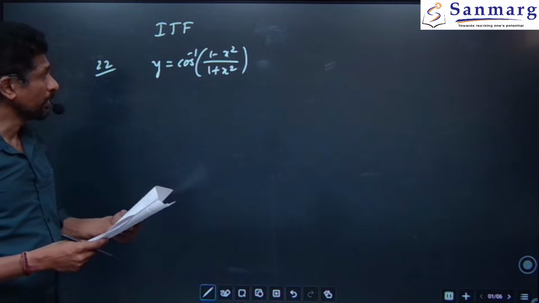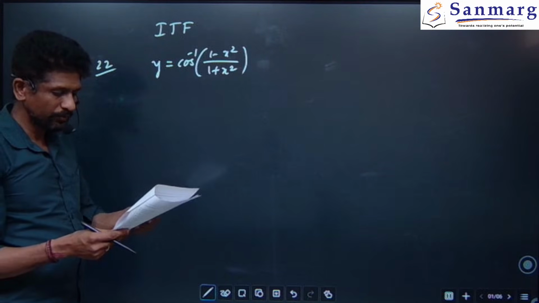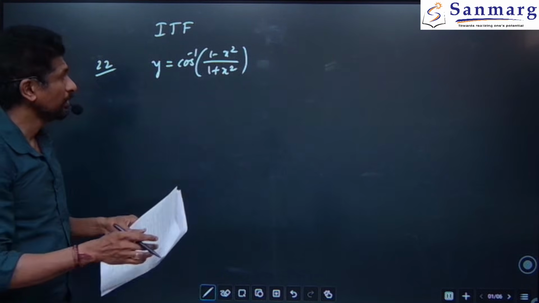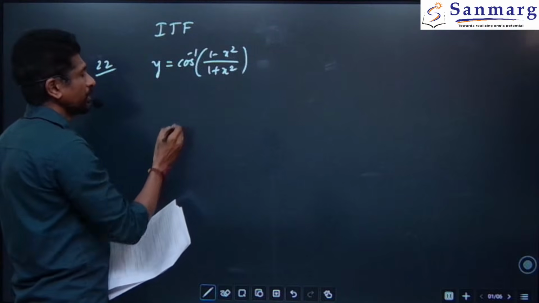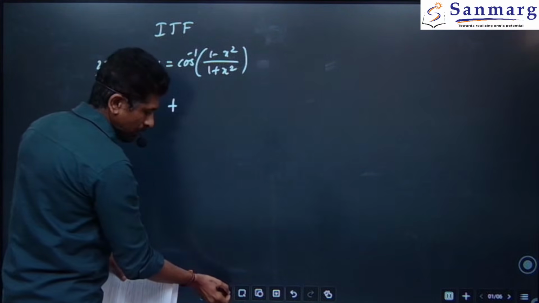Don't differentiate using the chain rule here. So first simplify the function now, then differentiate it. So here 1 minus x square by 1 plus x square is there. As you know, the standard formula that is